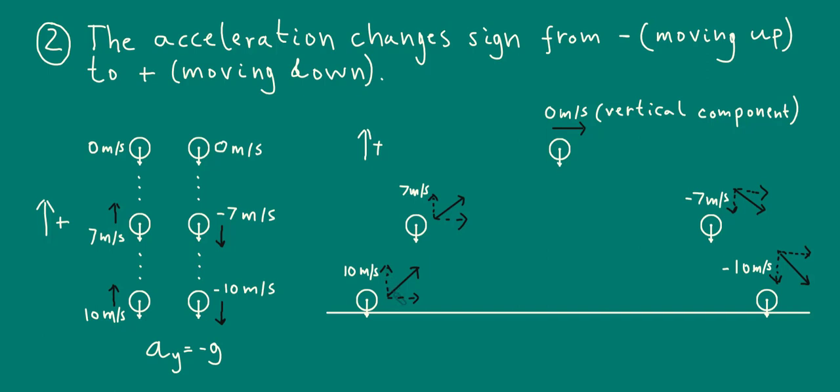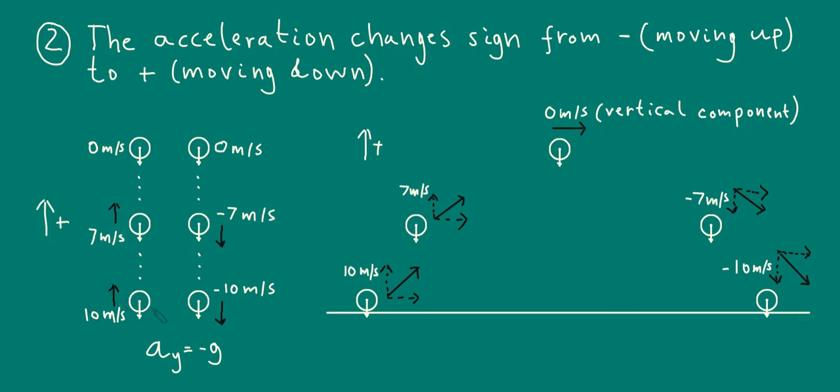I've also denoted the components, the vertical and the horizontal components. I haven't marked the values for the horizontal components of the velocity because that's just a constant throughout. Now remember that in projectile motion, the vertical and horizontal motions are independent of one another. And since the initial vertical component of the velocity is 10, just like the initial vertical velocity in this example